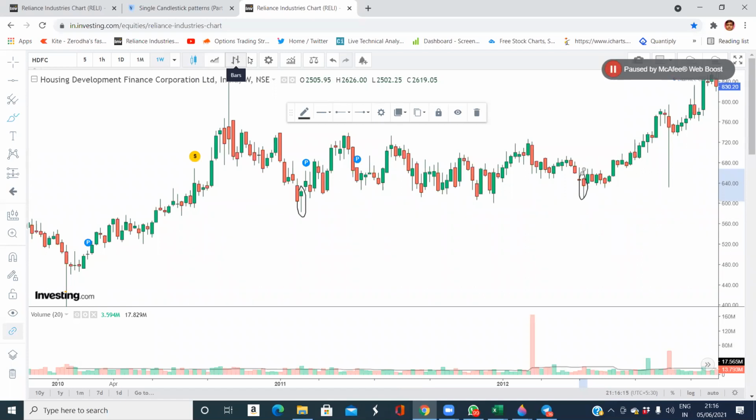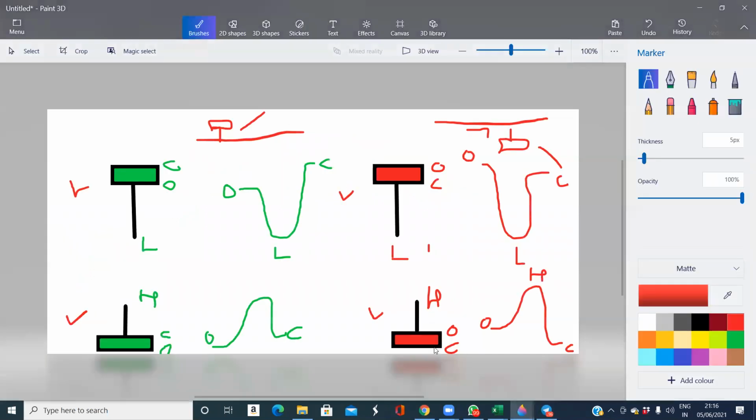Yes. So whenever the closing is less than the opening, it is a bearish candle, correct, sir? Bearish. And whenever the closing is higher than the opening, it is a bullish candle, correct, sir? Yes. Okay, thank you, sir. But note down this candle, hammer, and the other types of candles. Try to study these candles, their importance and all that.